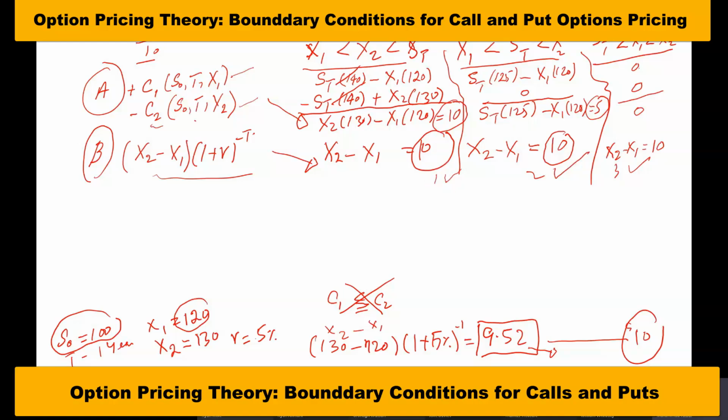So in no case is portfolio A better than portfolio B. However, portfolio B is better than portfolio A in situation number 2 and situation number 3. We can see that X2 minus X1 into (1 plus r) raised to the power minus T should always have a higher value or an equal value to